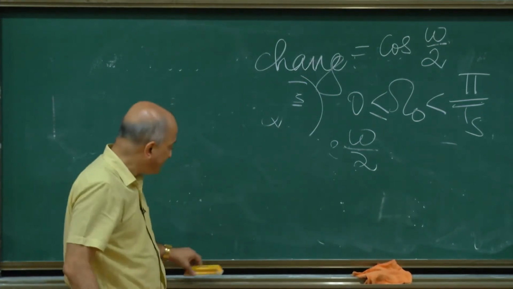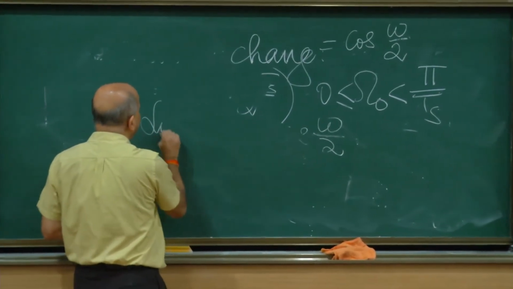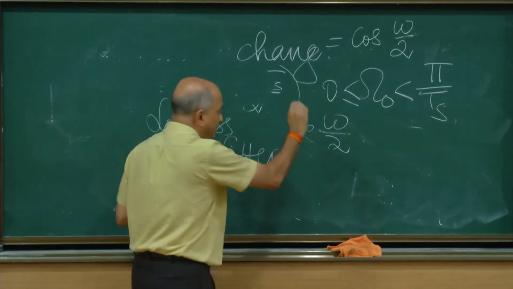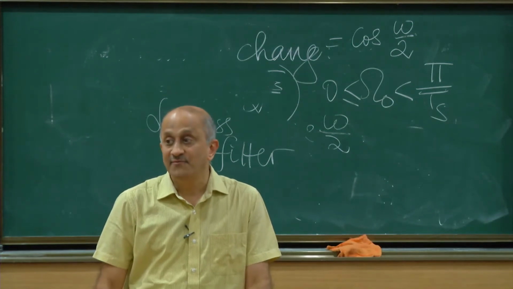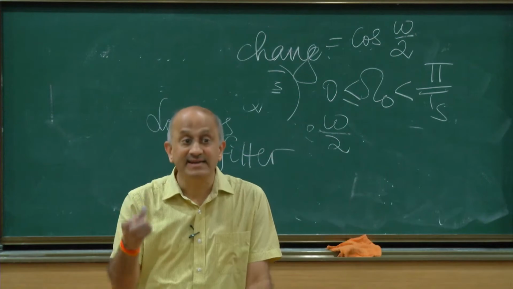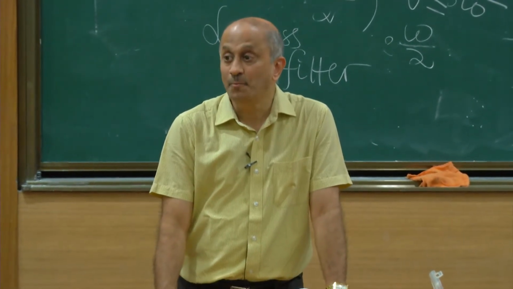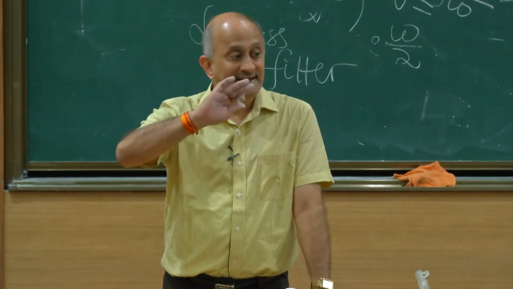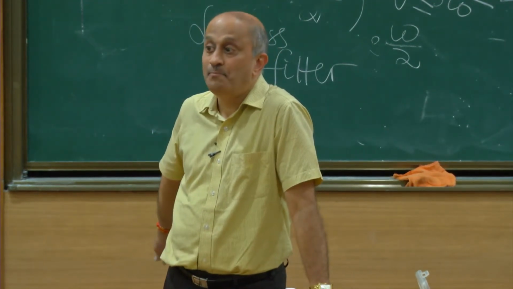So in fact, this system is also called a low pass filter. It's a very simple example of a low pass filter. So now two words, filter. Filter is a term used for a system which changes the relative content of different sinusoidal frequencies. Right? So here this is a low pass filter because it allows the lower frequencies to go through with a little more emphasis as compared to the higher frequencies. So it's called a low pass filter.